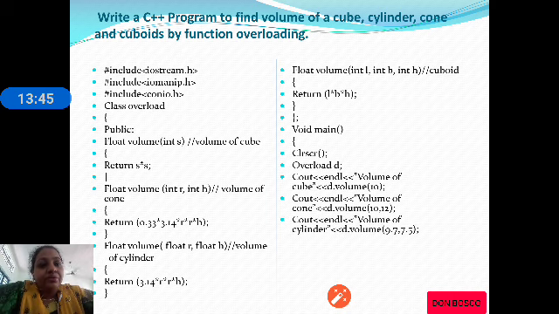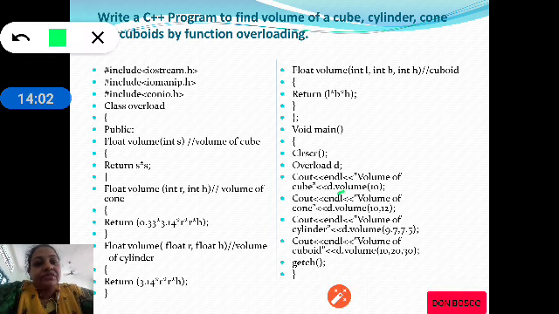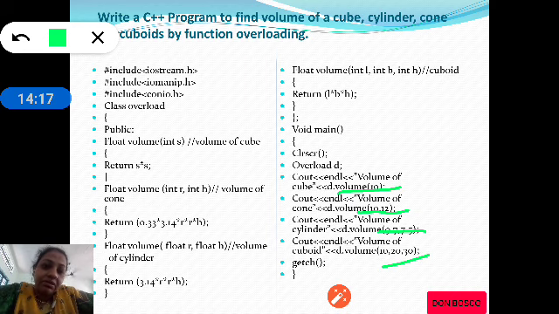So now we will see the third call, made by passing two floating point values, and the fourth function call is made by passing three integers as arguments. So the first function has one argument, the second function two arguments, the third function also two arguments but of type float, and the fourth function is called using three arguments. All three arguments are of type integer.